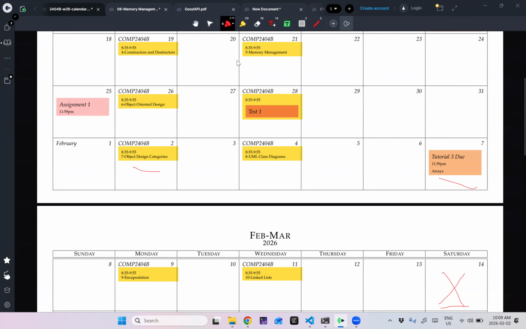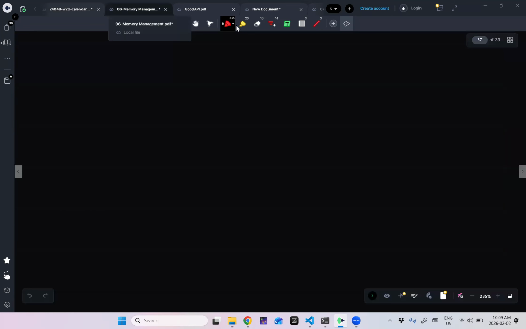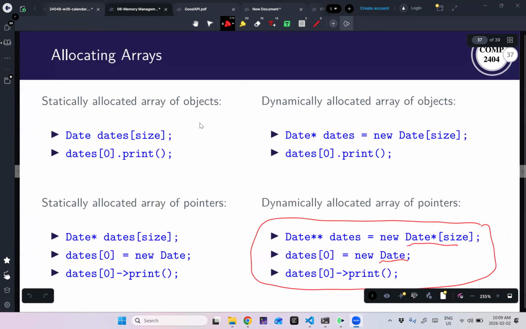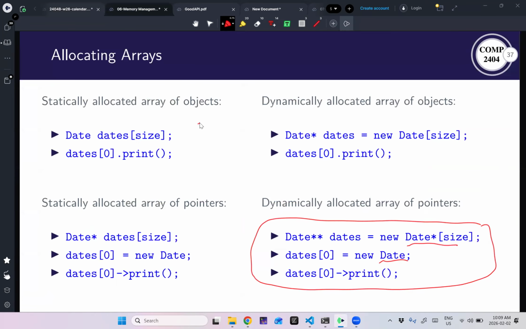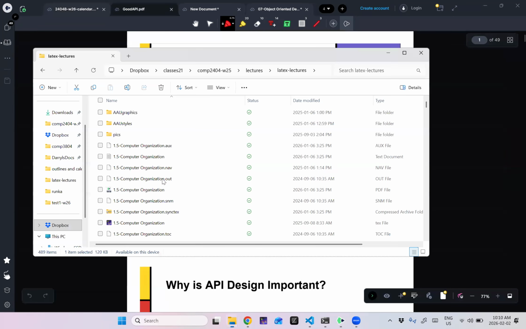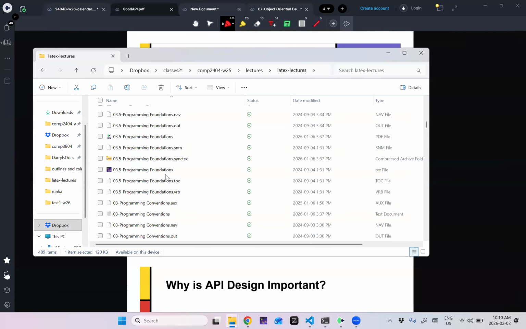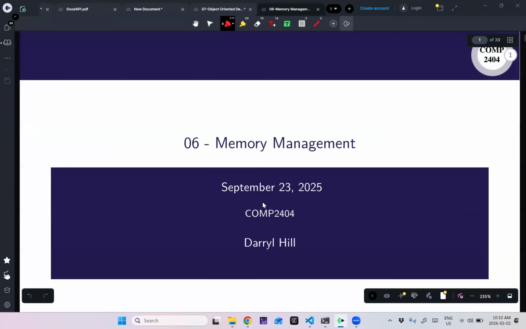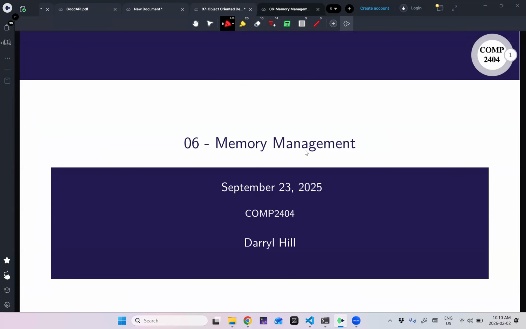Last class we were talking about dynamic memory. Let me refresh this a little bit. In assignment 1, everything was statically allocated, which made our job easier because we didn't have to worry about memory at all.